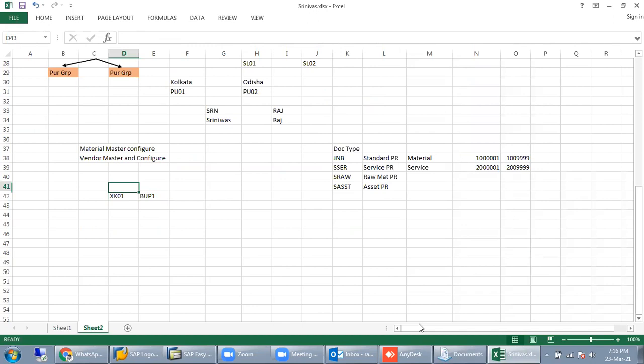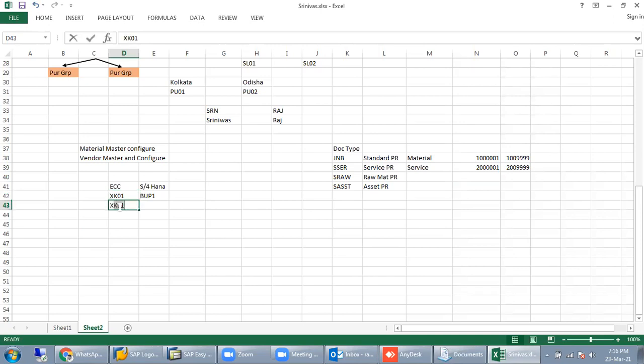In ECC, the last one used was XK01. In S4 HANA application, we are going to use BUP1. So when a vendor does business with our company, we require to create a vendor master through T code XK01.